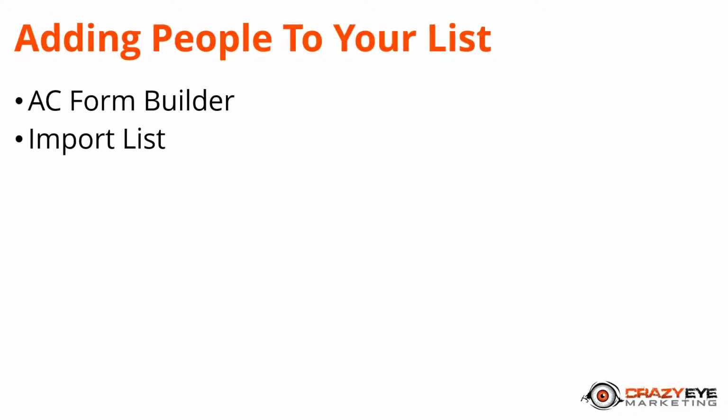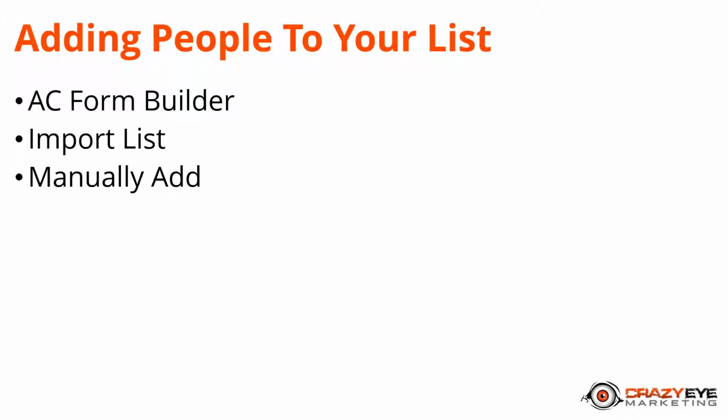You can also import a list, so if you already have a list on another CRM solution, you can go ahead and upload it into ActiveCampaign and use that. You can also manually add individuals, so if you want to go in there and type people's names, emails, phone numbers, etc., you can do that, or have them fill out their own information, like if you have a store or a business and they're in person, you can have them fill out their information